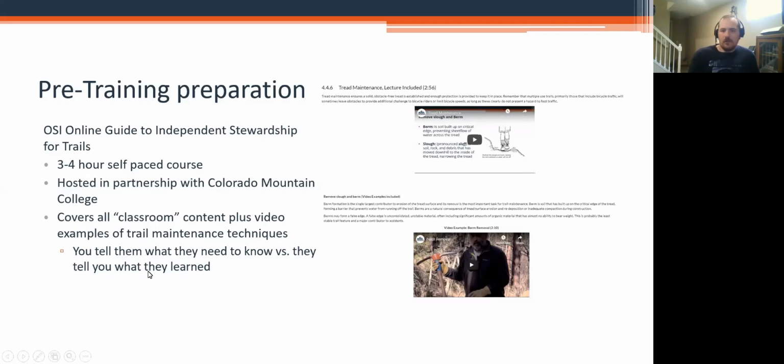This is outlined a lot in the instructor guide, and we can get into a little bit of it. The way I've started describing the difference between teaching any OSI course with online preparation versus no preparation is this: if there's no preparation by the students, you're telling them what they need to know, almost 100%.